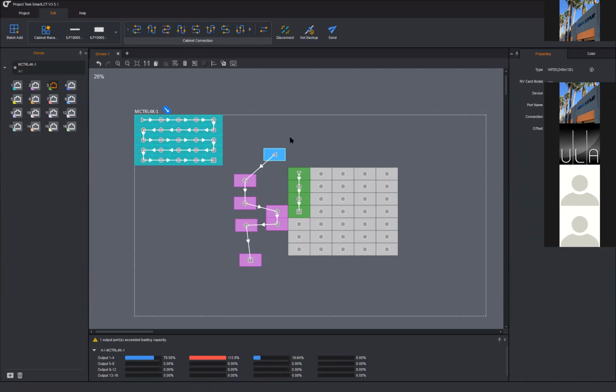And over here, you can manually see the offsets as to where these cabinets are sitting as well. You can go in and tweak with brightness and gamma stuff as well, which I'll cover off tomorrow. But all I'd really use Smart LCT for is designing your screen and pushing it out, and even building offline things.